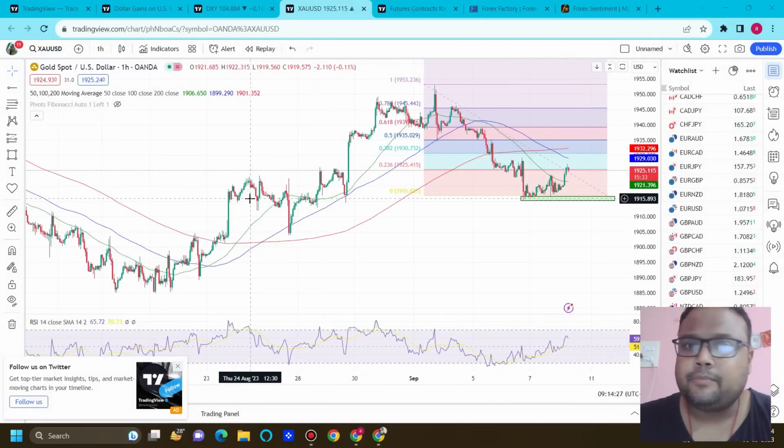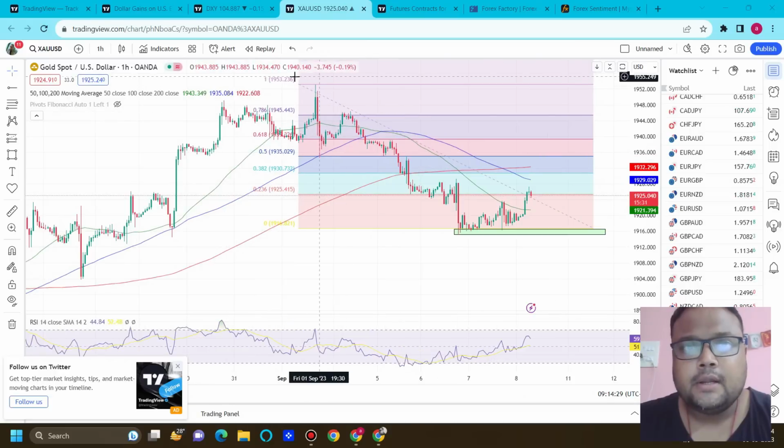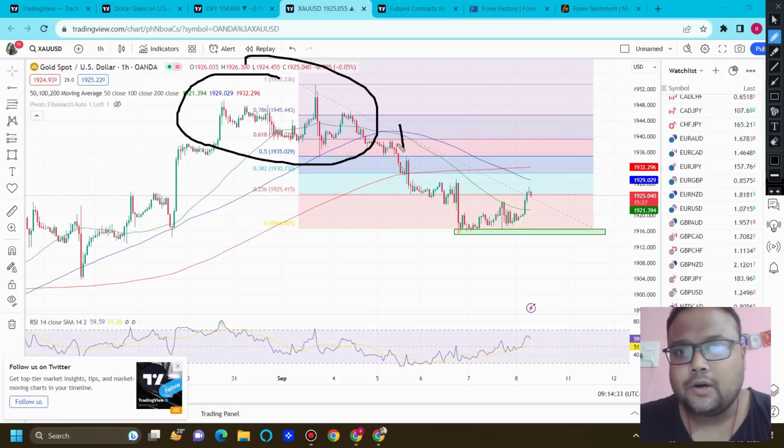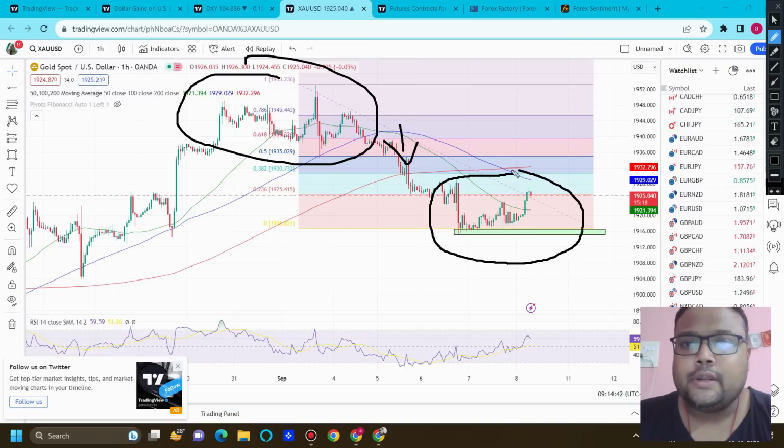Previously, the market was in an uptrend, there was no doubt. But when the structure of the market changed here, the market was in a downtrend. And we are day traders. Obviously, we need to follow the trend of the market. Trend is above all. Okay. And again, we can see that gold is changing the structure slowly.